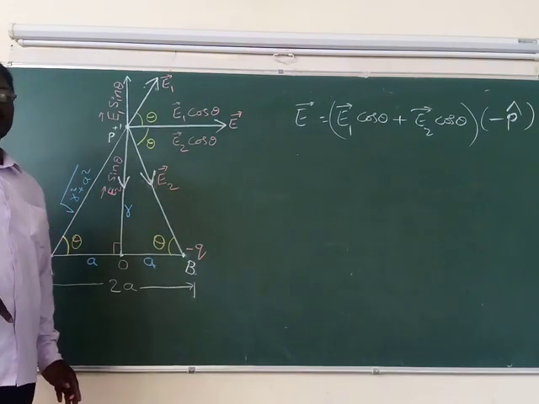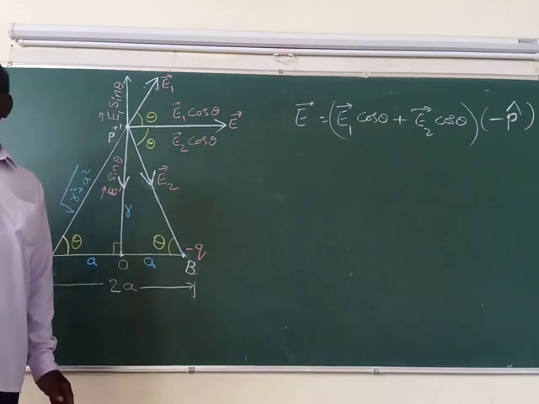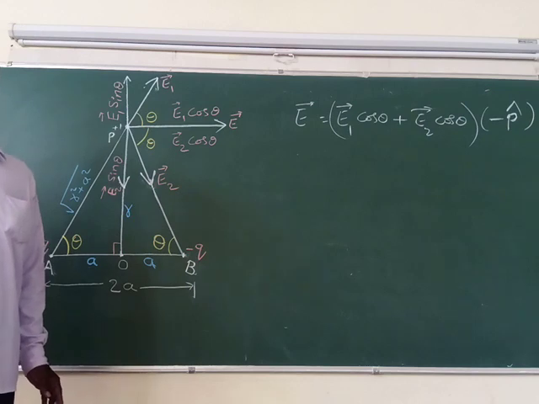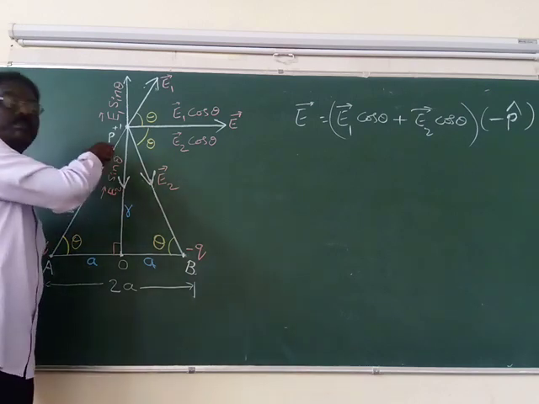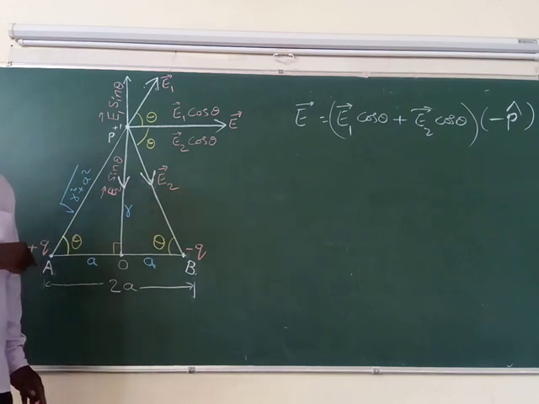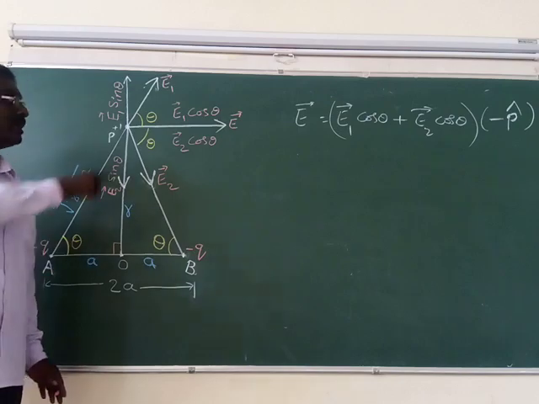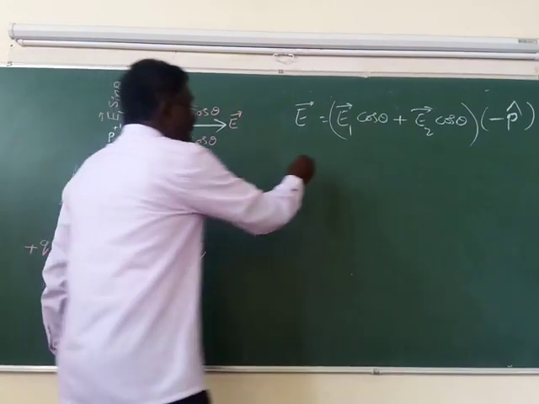P cap is the unit vector along the direction of the dipole moment. Minus p cap is opposite to that direction. So the resultant is parallel to AB, which is opposite to BA. What is BA? BA is the direction of the electric dipole moment. AB is the direction of the resultant. Okay. Now